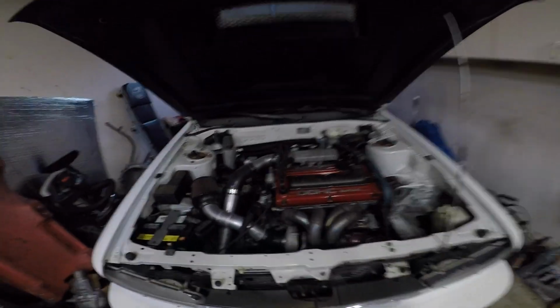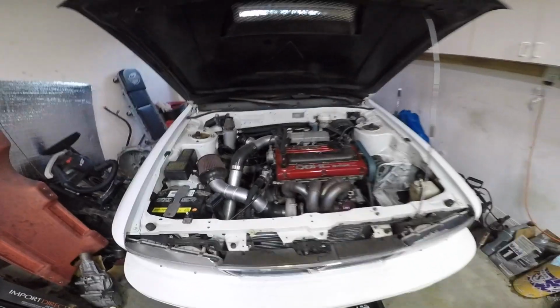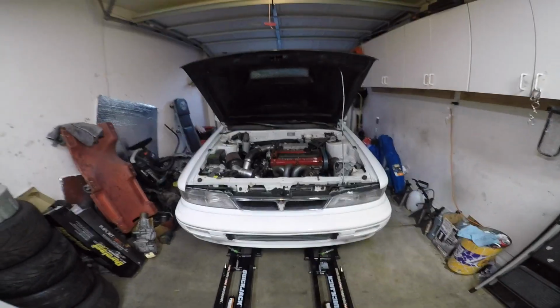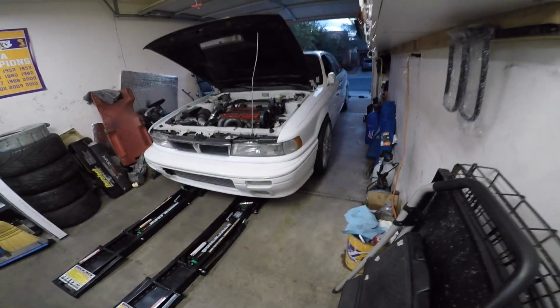Okay guys, as you saw in the last video, the Galant has a broken rear axle. I don't know if you guys are getting enough of these rear axle fixes, but I figured why not? Let's just do another video on it for those that may have not seen previous videos. It does have a 4-bolt rear end. It's not very common to break it, but with my tire and wheel size,